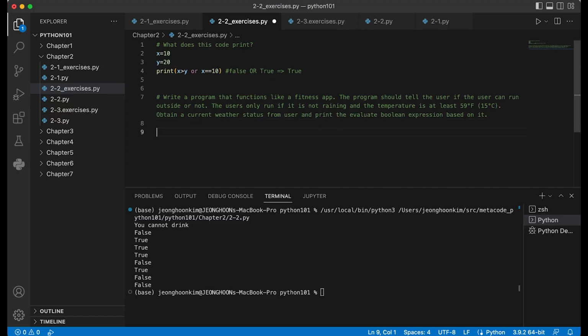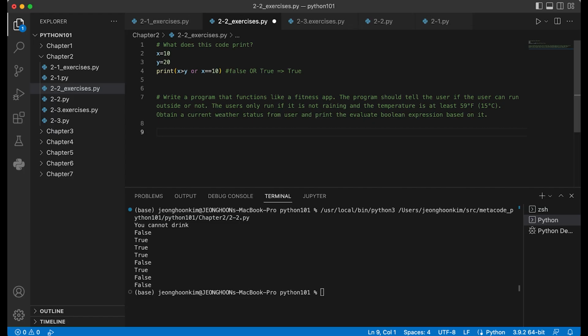Okay, the second question is, write a program that functions like the Fitness app. The program should tell the user if they can run outside or not. Users only run if it's not raining and the temperature is at least 59 Fahrenheit. Obtain the current weather status from your user and print the evaluated Boolean expression based on it.